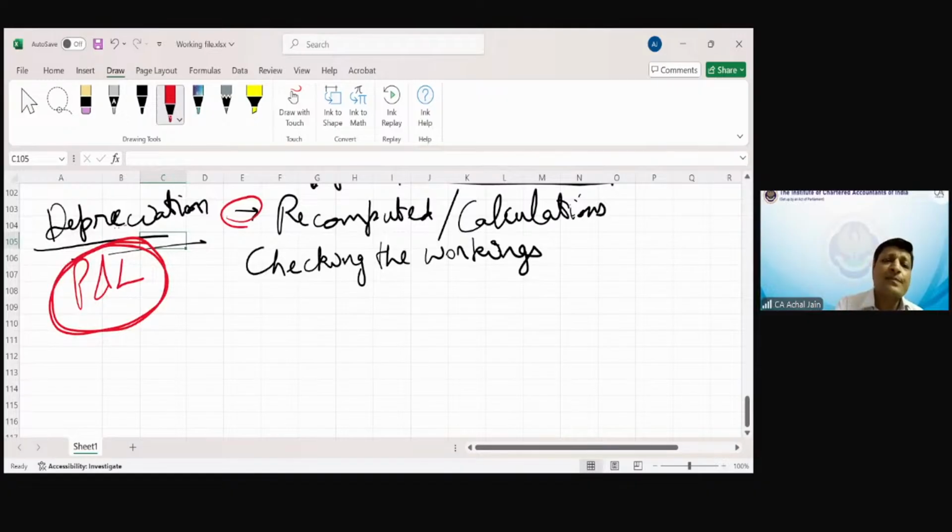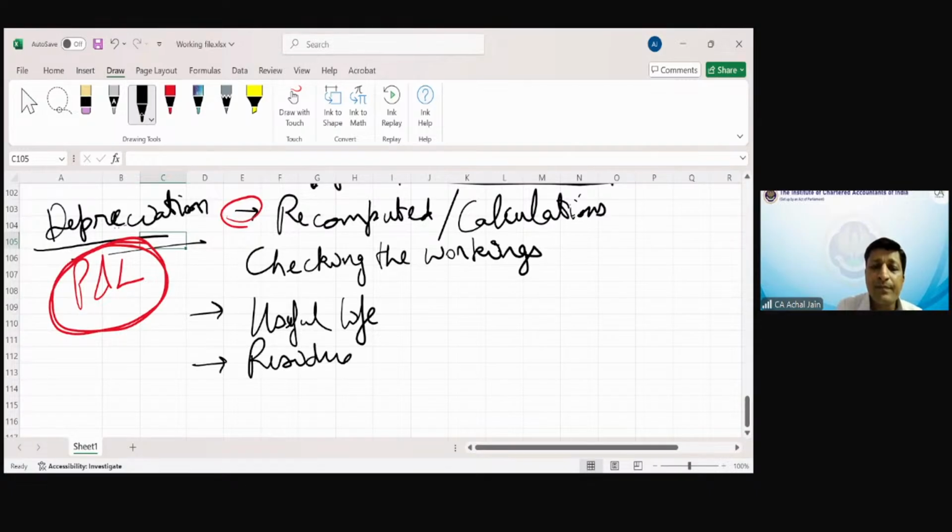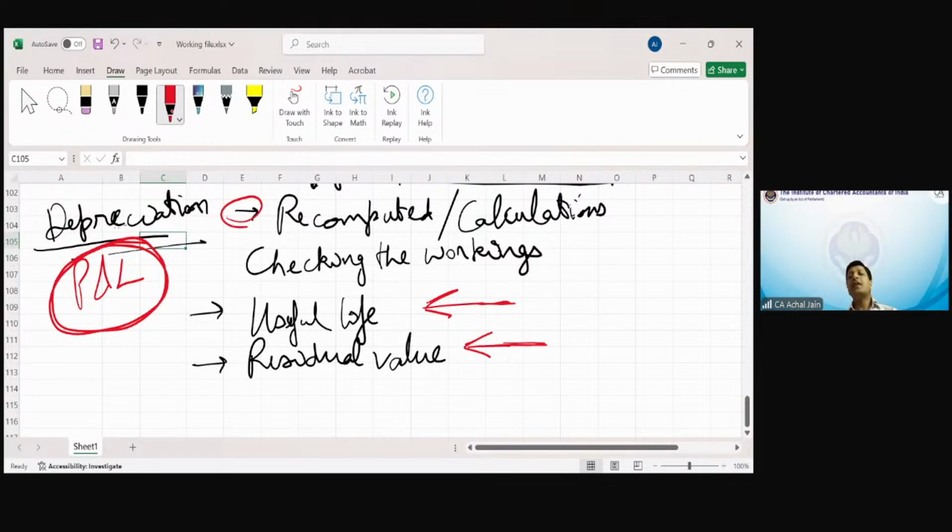Okay. Next, now this depreciation will require some basis like useful life, like residual values. Okay. So all of these will have to be considered. They will have to be looked at. They will have to be verified, because on the basis of this evaluation of the useful life and residual value,